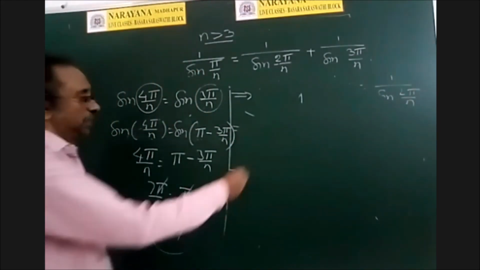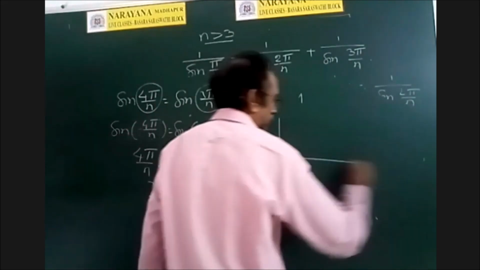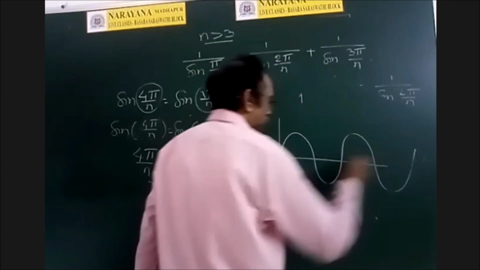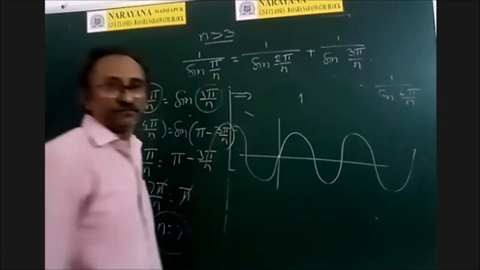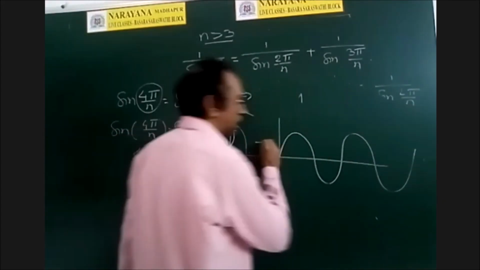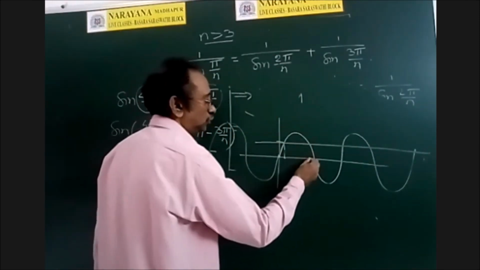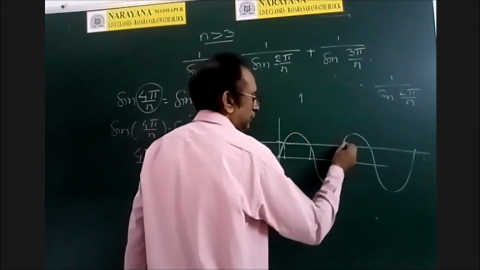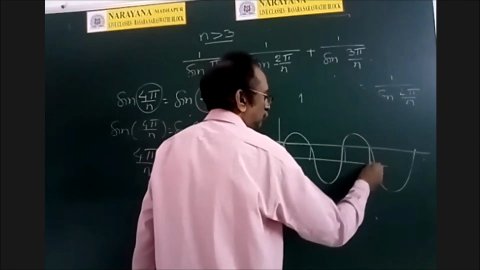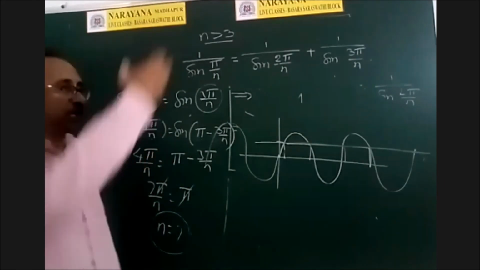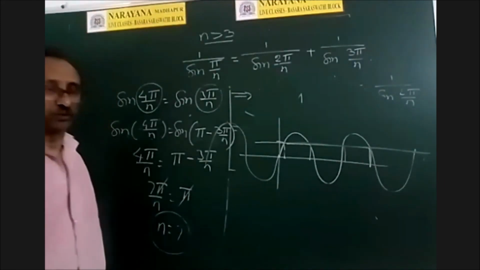So this one, in the graph of sin x. So this is the graph of sin x. If you draw y is equal to half, you observe that there are so many values whose value is half. So in the next chapter, we are going to write all of the solutions.